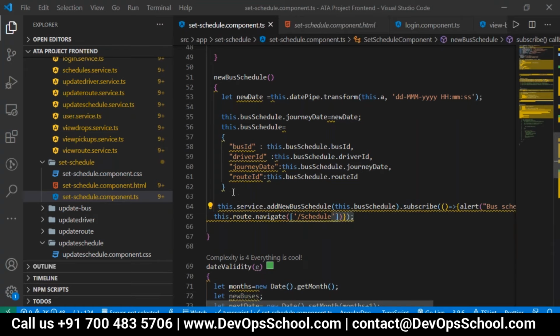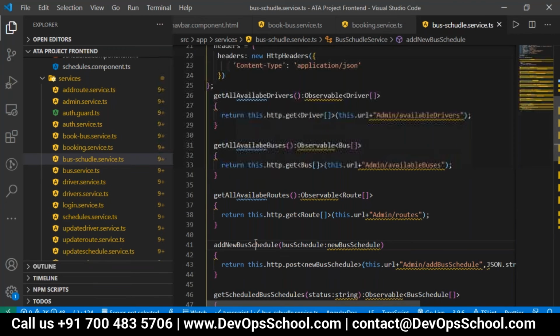We always have to construct our JSON whenever we do the post method. Here, if you see add new bus schedule, it is in the service, and add is creating a new resource. Whenever you want to create a new resource, it is a post method.